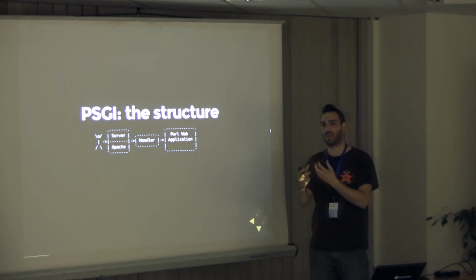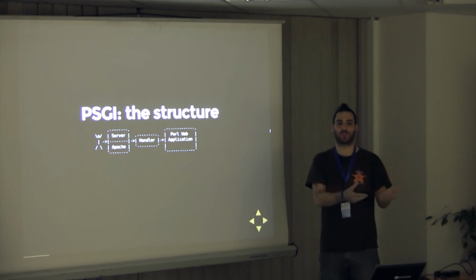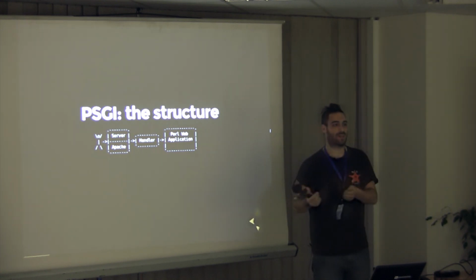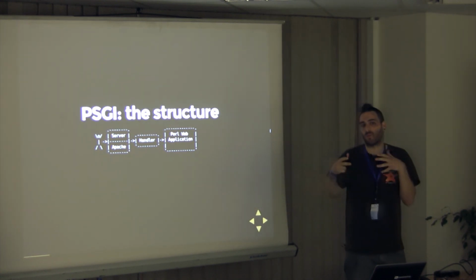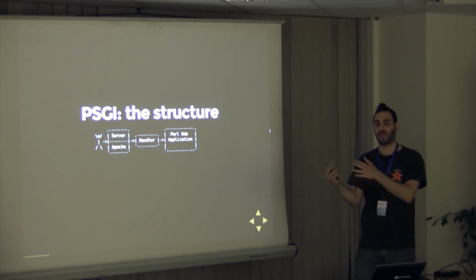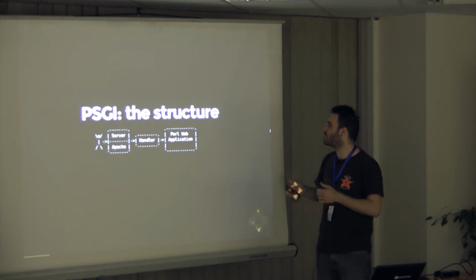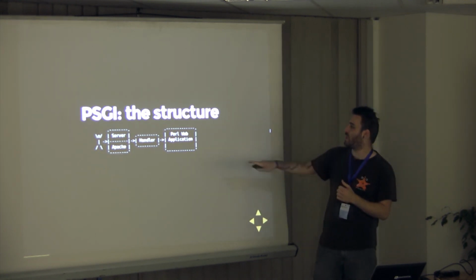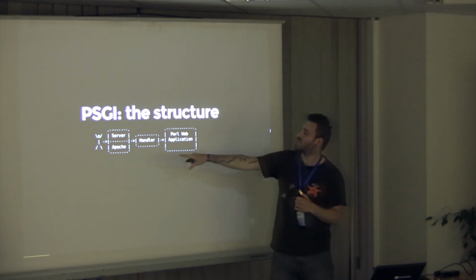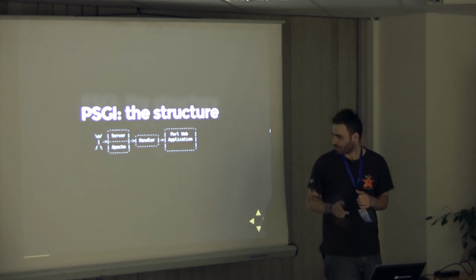So the handler is kind of like the mediator to what the server sees as the request and response objects. So the server, when it has a request, it represents it in whatever object it has, and then it transfers it to your application. Your application needs a mediator that can understand that. This is the normal CGI style where the actual application is sitting outside of the server, and it's calling an external one to reach it.